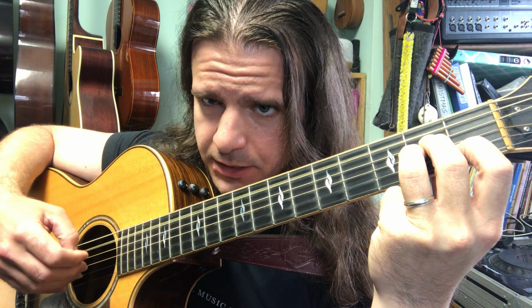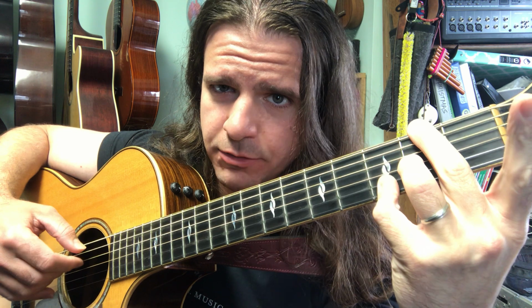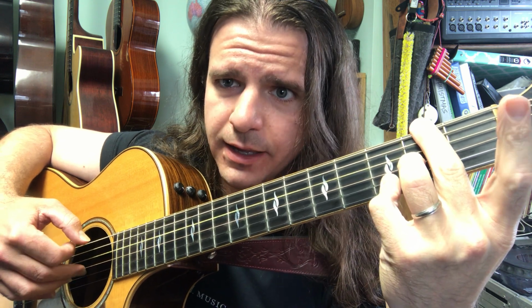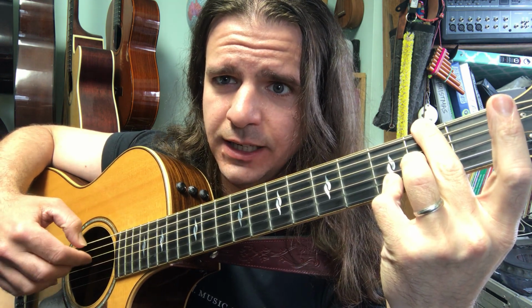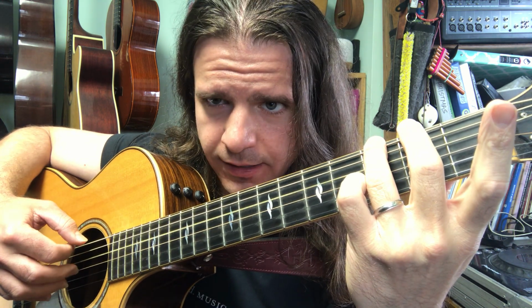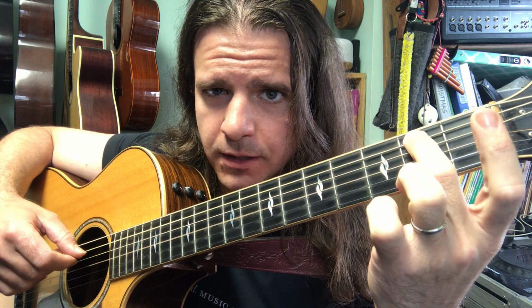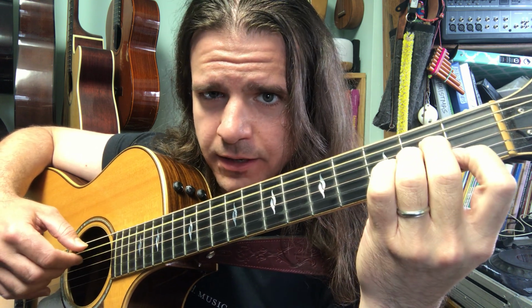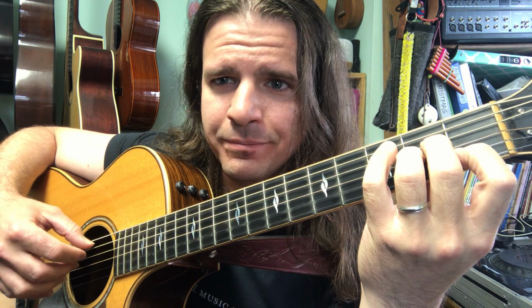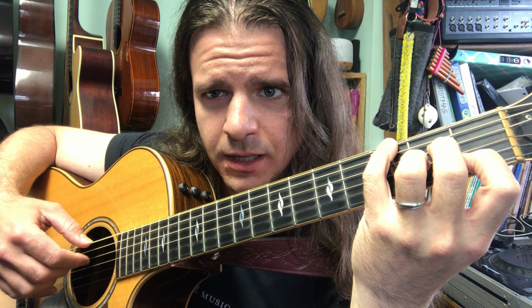I, M, P, A, I, M. Now pivot on 3 and get to D with a bass of F sharp. I, M, P, A, I lift here, M, the G chord, I, M, P, A. Now PM, moving bass, A minor, I, M, P, A, I, and get ready with the pinky, the thumb moves over to the 6th string with the bass,